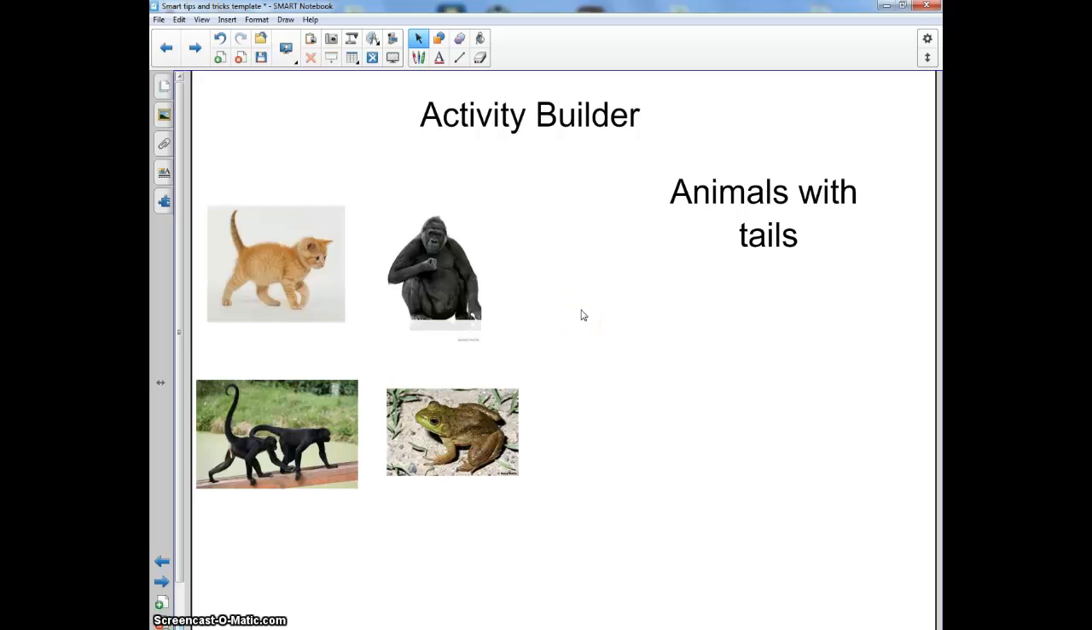First of all, I want to explain what I'm trying to do so that this makes more sense. I want to have an activity where students drag these pictures over into a circle, and if they're correct and the animal has a tail, it'll let them know, and if not, it'll also let them know that that's not the right choice. To do this, I'm going to choose a circle up here in my shapes,